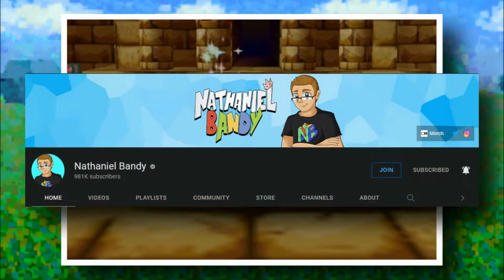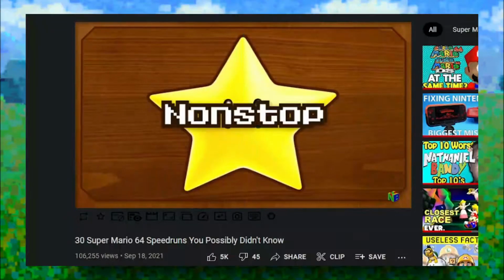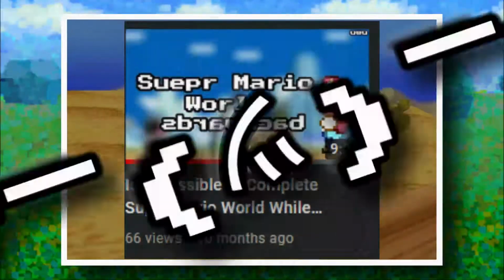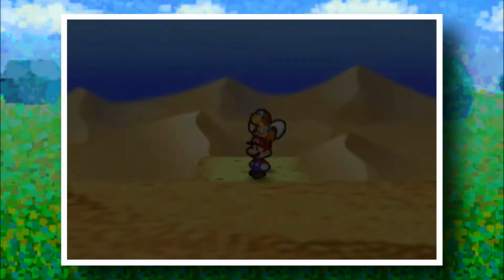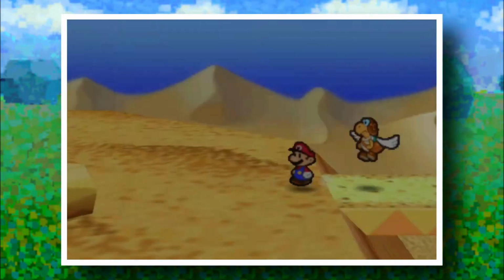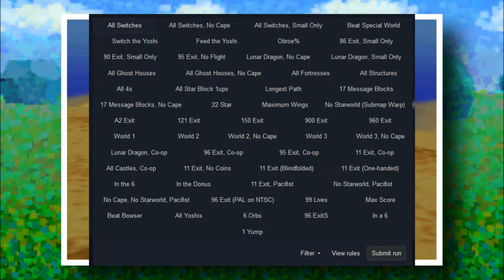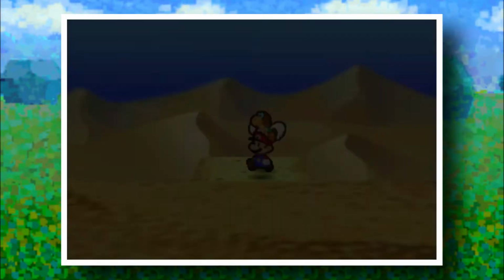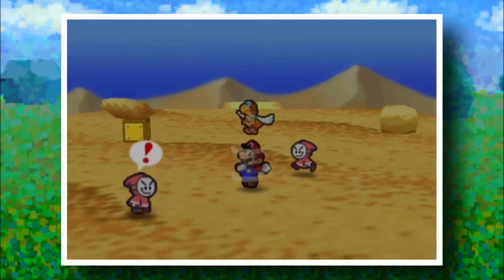Nathaniel Bandy made a video a bit ago explaining the Super Mario 64 speedrun category extensions, and I decided to rip off Nathan for a second time. If you don't know, category extensions are just other random runs that aren't done and aren't as big. I was originally going to do this with Super Mario World, but I don't want to do that. So I'm doing this with Paper Mario 64. And if you can't tell, yes, I am sick and I sound like crap, so hopefully I don't sound like